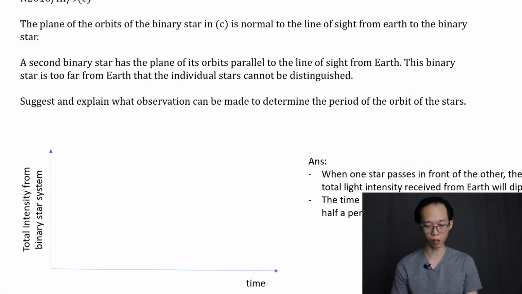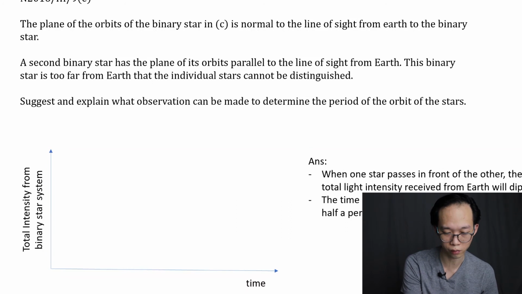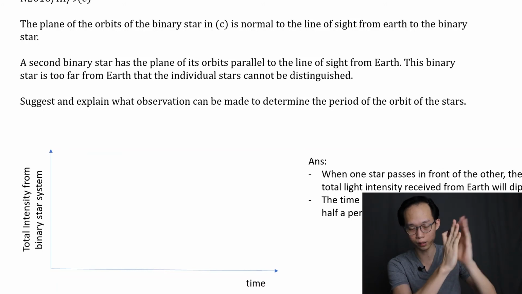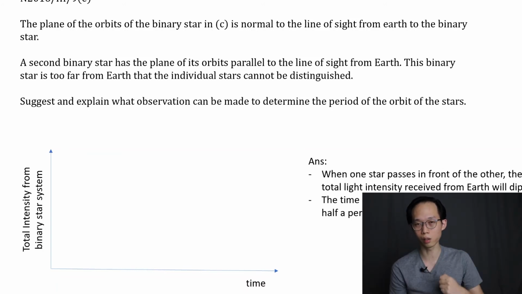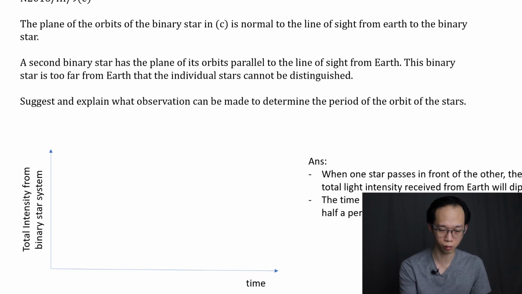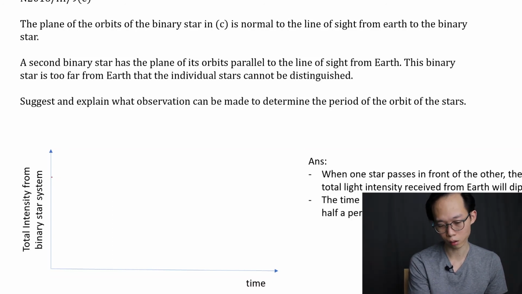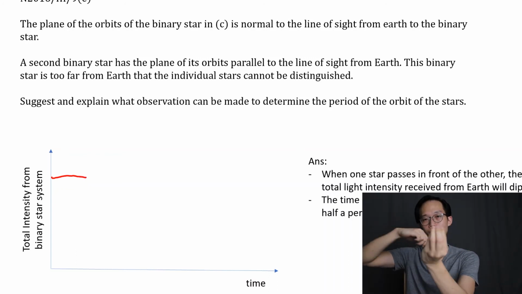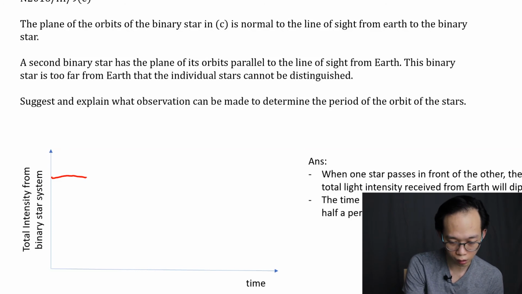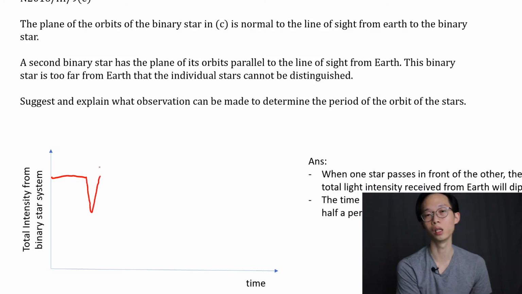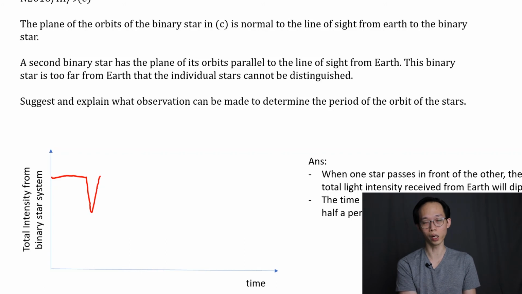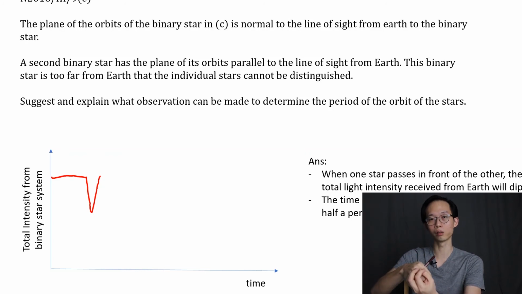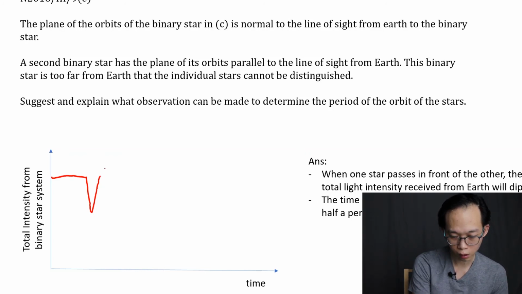Let's have a look at a graph. Try to imagine this on a graph. If you point a very sensitive telescope at where that star system is supposed to be, and you measure the intensity of light that we are receiving from this star system, you will receive a roughly constant amount of light coming from the system. But once one of the stars passes behind the other star, there will be a slight dip in the total intensity coming from the system. Why? Because when one star passes behind, the light coming from this star is being blocked, and so there will be a dip.